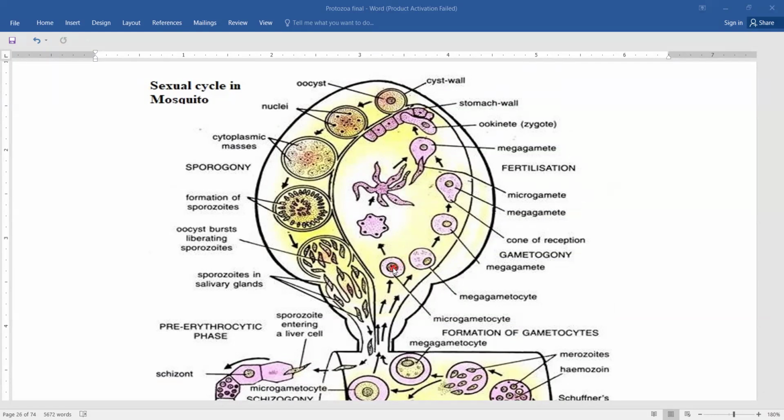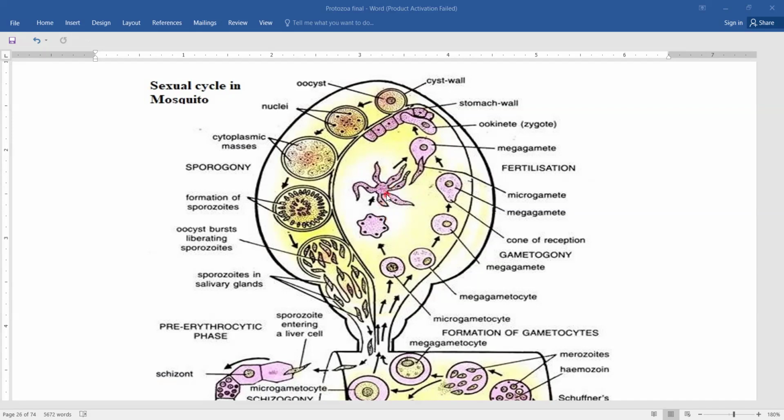Okay, so here, if you observe this microgametocyte, its nucleus is divided into almost 8 to 10 nuclei by mitotic division. And here, about 8 to 10 flagella-like structures are formed, and each nucleus enters into a flagella-like structure. And then each flagellum with some amount of cytoplasm is detached from this